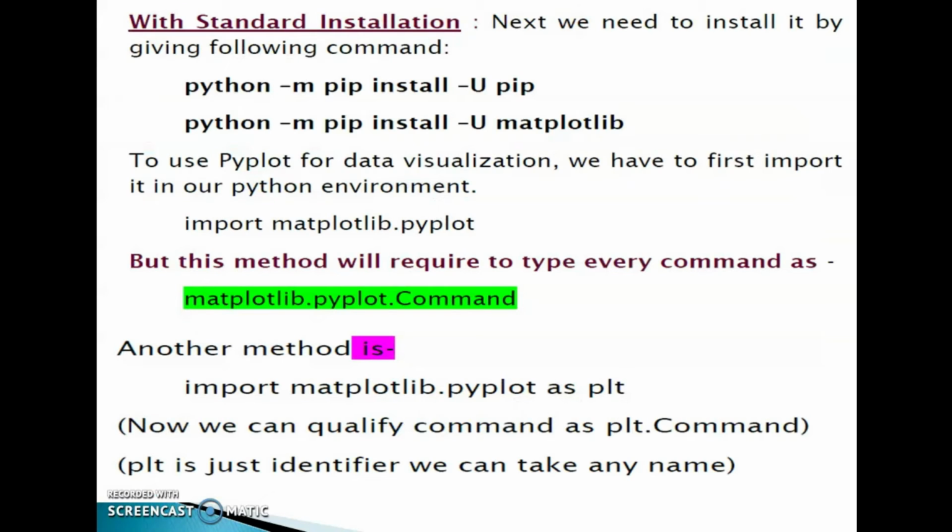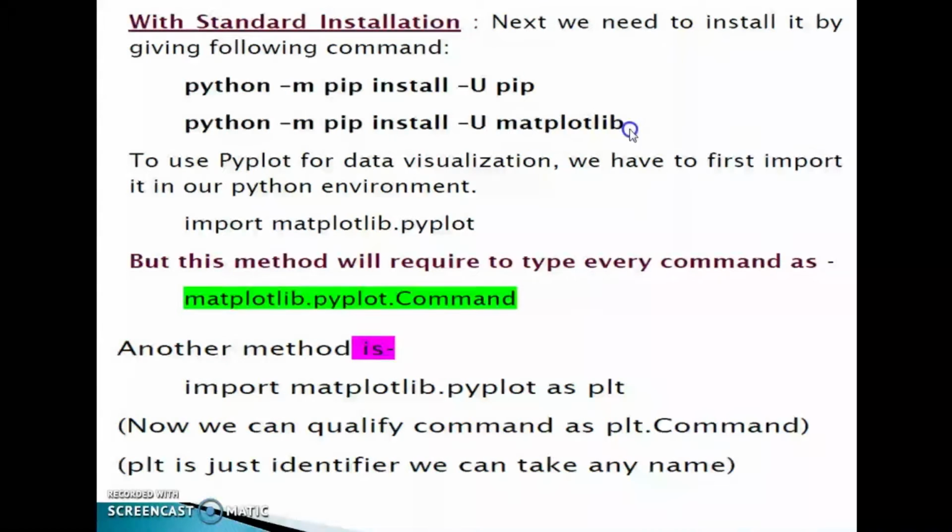Check this one. We need to install it by giving the following command: python -m pip install -U pip. The next command is python -m pip install -U matplotlib.